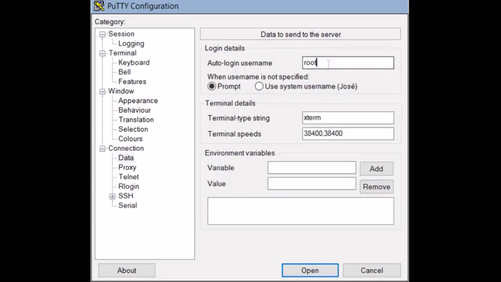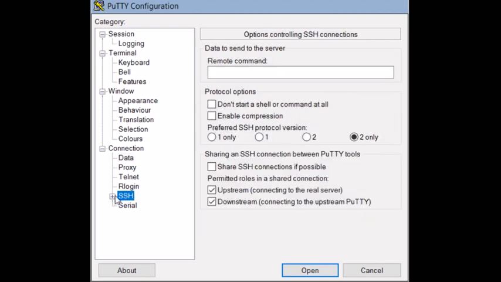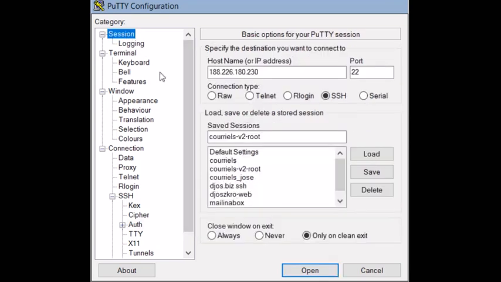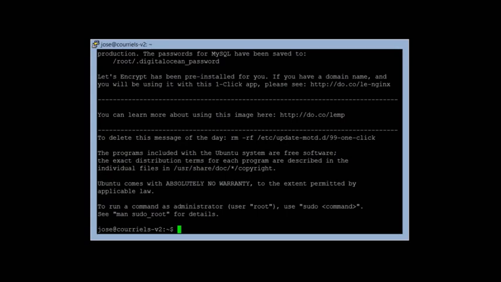So I go on data here, put the username I created, then in SSH auth I just put in the private key I just created. Then I go in session here, put the name of the session with the user, then save it, then double click on it. And here we are connected with the new user.